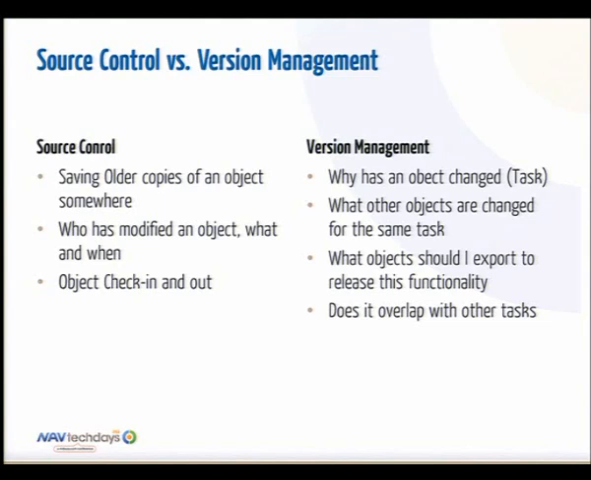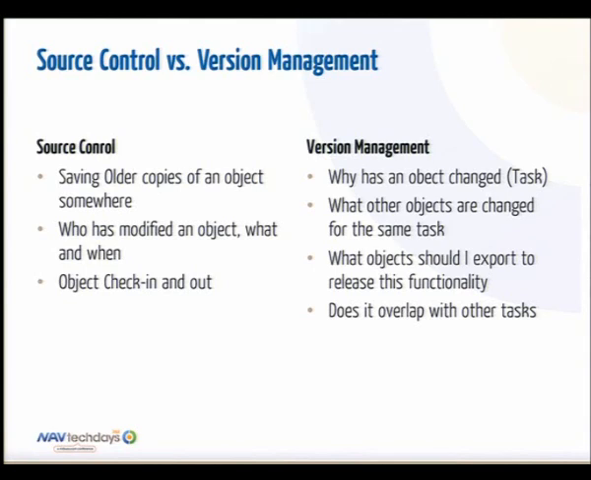If you look at source control, basically what you want is you design an object, you make some changes, and you want to have the previous copy of the object somewhere, or you want to store the deltas or something else. You want to see who has modified the object and what and when. And basically it refers to something called object check-in and check-out, preventing others from working at the same